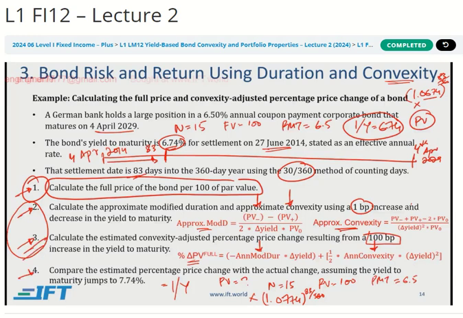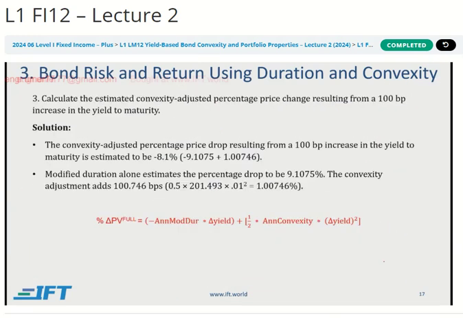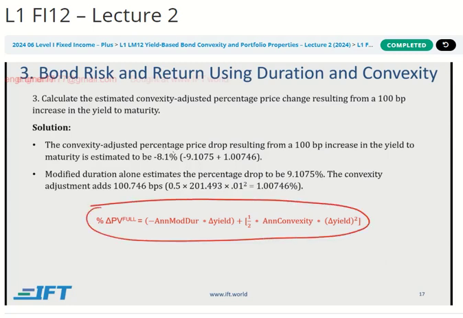Now try to do question 3 again, where you have to plug in the correct approximate modified duration and convexity and try to calculate the percentage change estimated. Right, so hopefully you were able to do that, and it comes to 8.1%, where this part, which is the duration estimate, is coming to minus